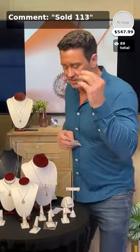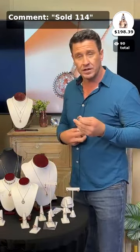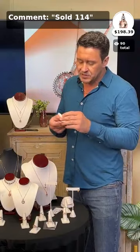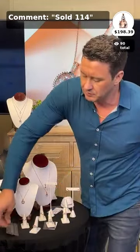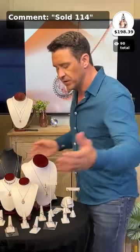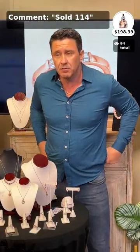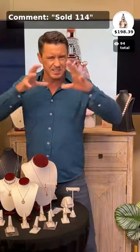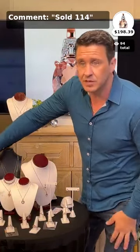Sold 113. That's the first one we've had in solid gold there, ladies and gentlemen. So if you're wanting to get it, not the vermeil, look, vermeil is a good way to get some of these items much more inexpensively. And I think it's a great way to do it because you're getting good quality gemstones. You're just not having to pay a lot. But if you want one that's already set up in that solid, rich rose gold, then you've got it available to you right there. Now, we are going to move on to this beautiful